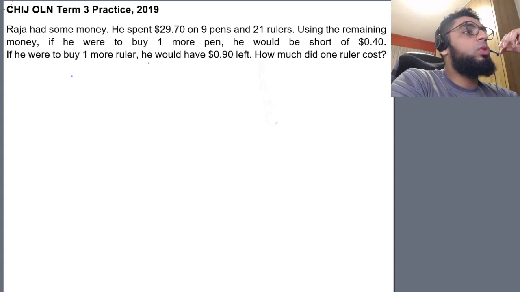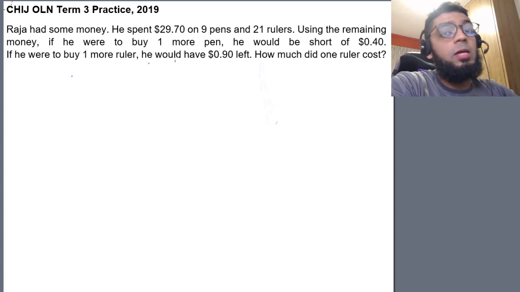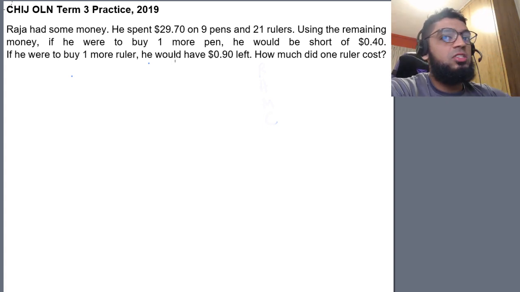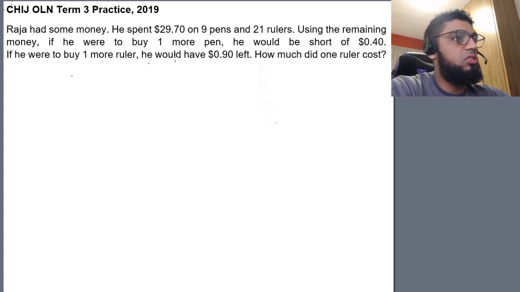Alright, so today we will be discussing these PSLE problem sums. Let's read the question. Raja had some money. He spent $29.70 on 9 pens and 21 rulers. Using the remaining money, if he were to buy one more pen, he would be short of 40 cents,